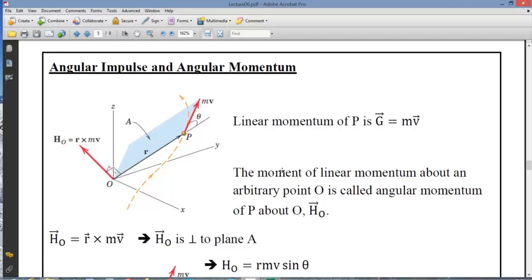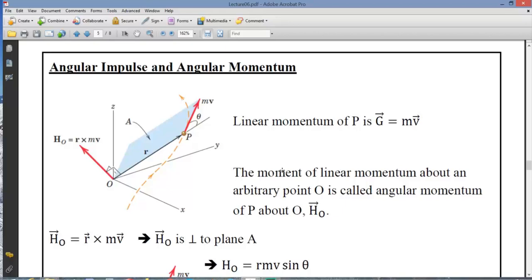The next subject we're going to talk about on impulse and momentum is the angular impulse and angular momentum. And we're discussing this issue again for particles. You will see that we're going to discuss these issues also in bodies, rigid bodies, and it will be somewhat different than our formulations. But investigation of the particles gives us some of the main ideas, some of the fundamentals on these concepts, so